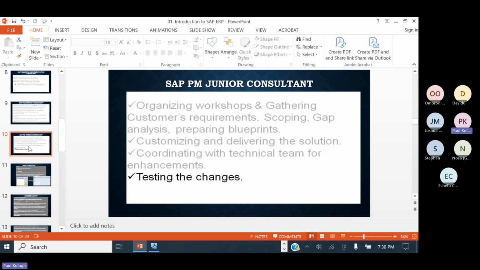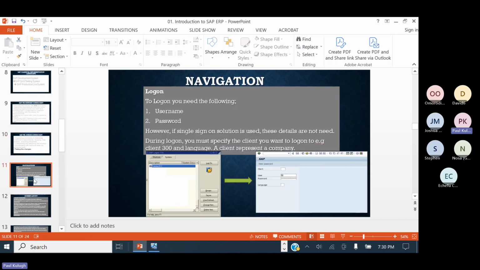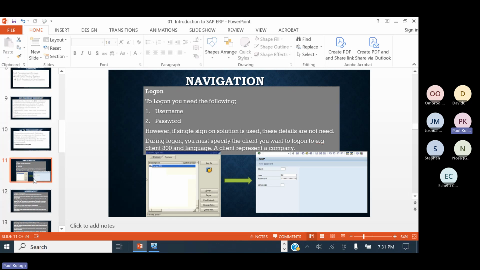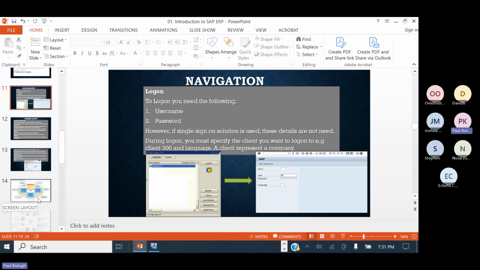Junior consultant, it's just somebody who is just starting. Okay, so you organize workshops, gathering of customer requirements, scoping, gap analysis, preparing the blueprint, customizing and delivering the solution, coordinating with the technical team for enhancement, testing the changes. So as a SAP junior consultant, you can assume this responsibility. Okay, so now we are going to look at a little bit about SAP navigation,